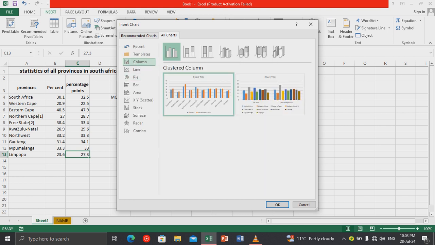So I clicked on this one, and it depends how you want it to be, like a double bar graph like this, stacked. Oh, this one is a clustered column. Stacked means on one bar they display both pieces of information. You see? So when you click OK,